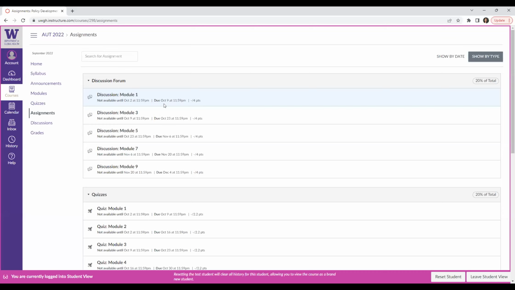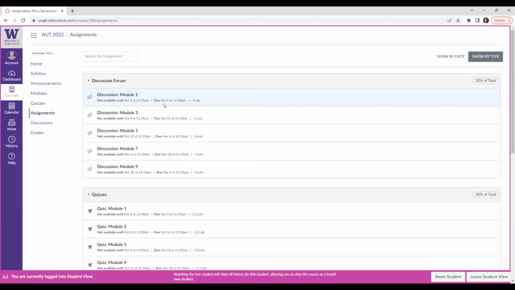Now, for all of our assignments, we give an extra week that you can submit your assignment late. So the assignment for module 1 is due October 9th, but we'll keep it open until October 16th, a full week past the due date. That is so that if you happen to miss the deadline, you can go ahead and complete that assignment late. Your assignment will be marked late, but there's no penalty and there's no reduction in the number of points that you could get on the assignment.